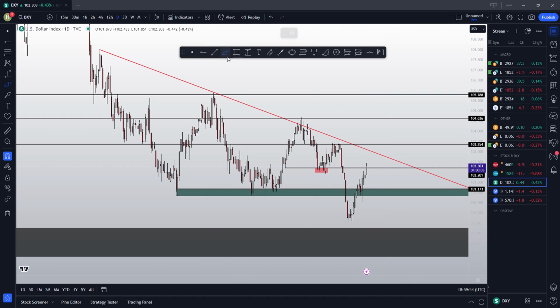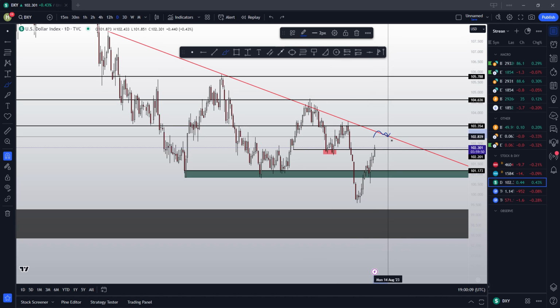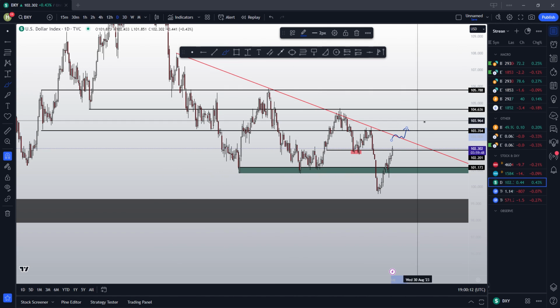If we get a close above this red zone here that I marked out, I think it's bullish for the dollar and the upside continuation can continue towards this lower time frame resistance area, which marked the double top, or even the breakout of this red trend line targeting here